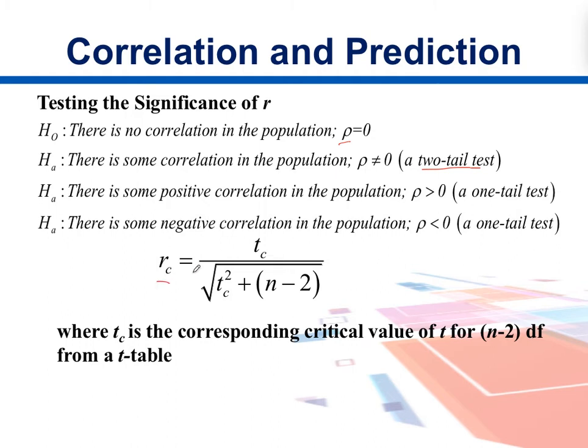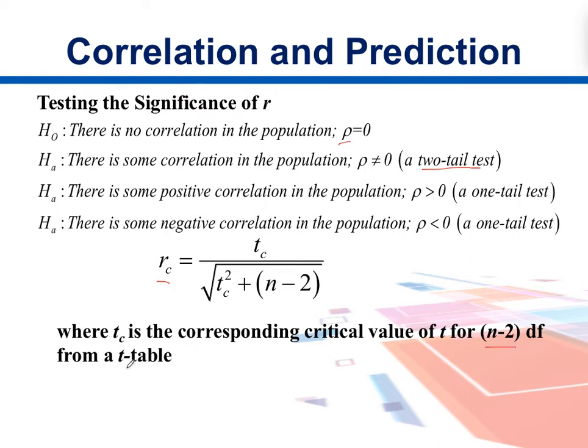This r critical, we can get it from the t table, so there is a t critical, and we can get this for the significance level, like alpha at 0.05. Most of the time we use 0.05, and we go for the respective degrees of freedom, and we can pick up that value of this t critical. We will do it in a moment in an example, and r critical can be calculated as this t critical divided by the square root of t critical squared plus n minus 2. So that is the critical value for t for n minus 2 degrees of freedom,